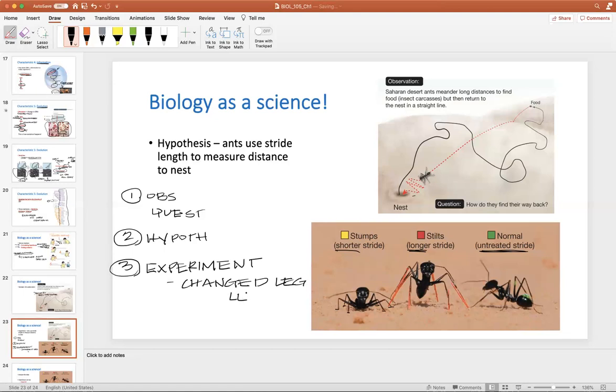And now they're going to let them forage and find their way home and see if this altered leg length made any difference in whether they were able to get home. Okay, so